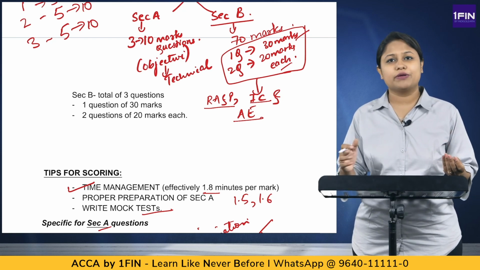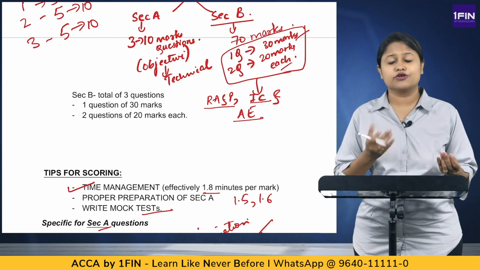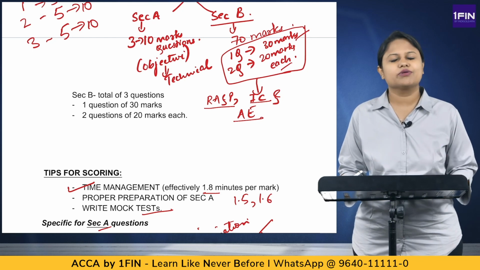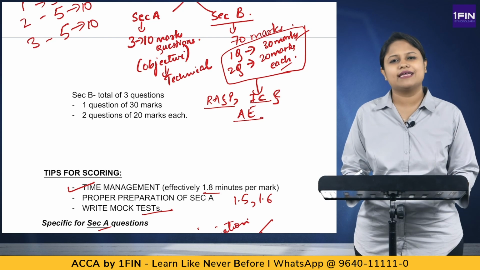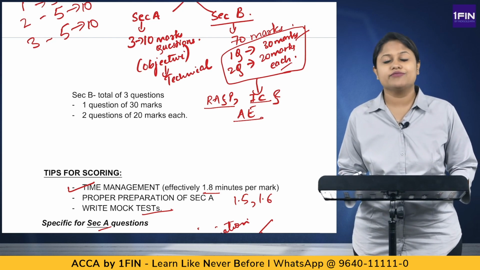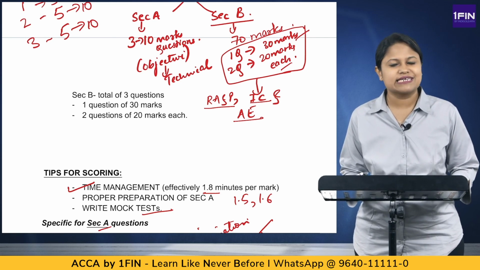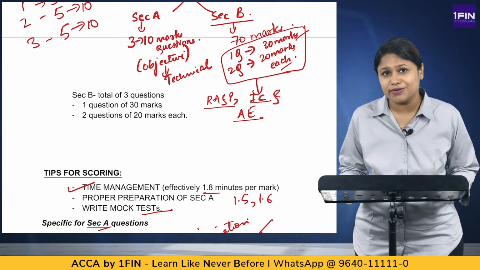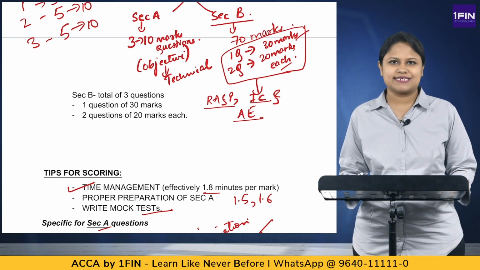Then you also require to prepare for your next level, which is going to be Advanced Audit and Assurance, the basics of which are going to be this subject. We also require it for Strategic Business Leader, where this subject will become very important. So this, along with passing the Applied Skills level, becomes very important in all these directions also. So preparation with conceptual clarity becomes very, very important. Prepare the subject in such a manner that once you are done with it, when you are given an assurance engagement, you are in a position to handle it all by yourself with a proper understanding.